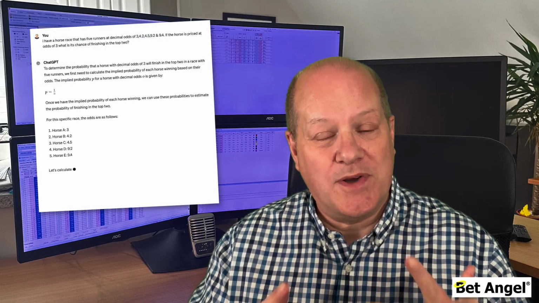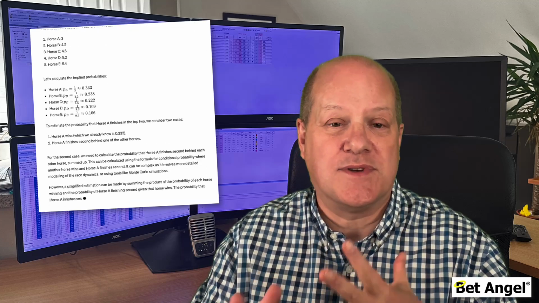So I find the best use of these AI is to supplement what you're doing already, or to push forward in different areas, or to speed up things you may do already. You can't specifically use it to look at statistics because it's not reliable enough. However, using it as an assistant is incredibly beneficial, and it's expanding my productivity, the scope of what I do, and my ability way beyond what I can currently do at the moment. It's like having an assistant that you don't really have to pay, and that will do anything you want, subject to you reviewing the information that it pumps out. And talking of assistants, let's round off by handing over to my assistant.